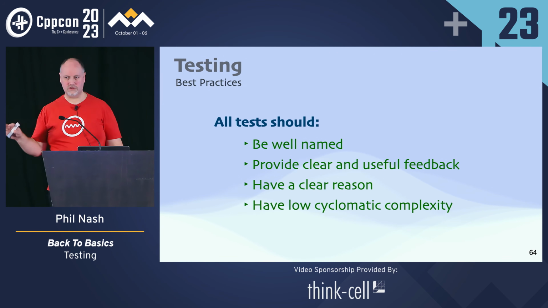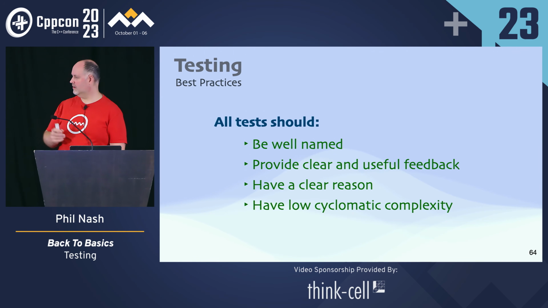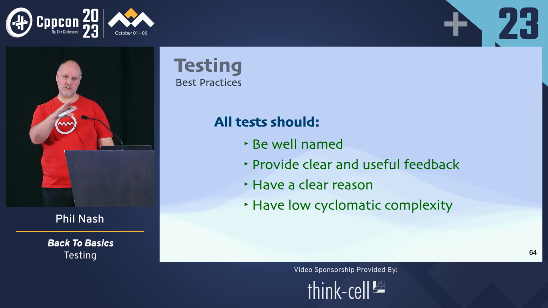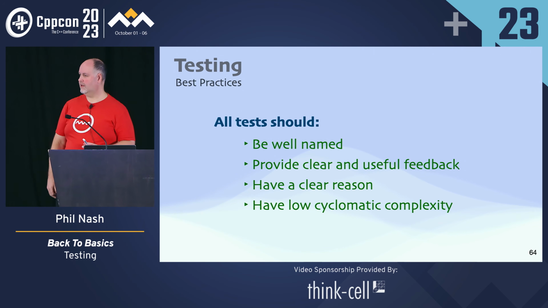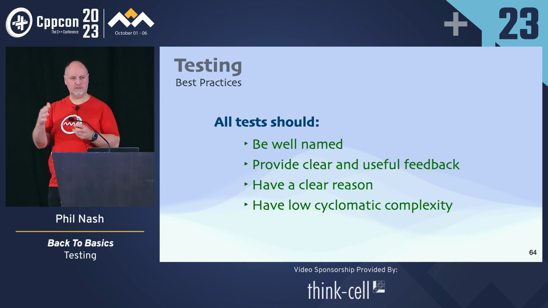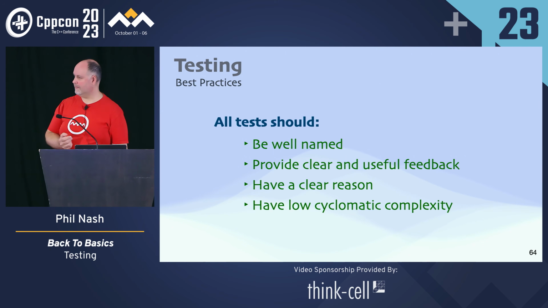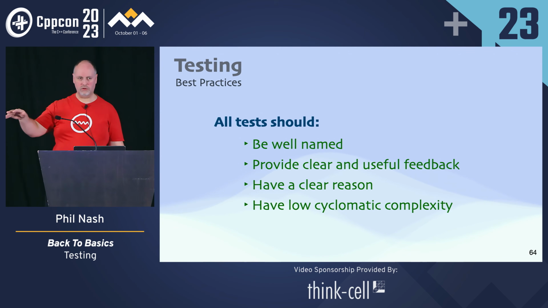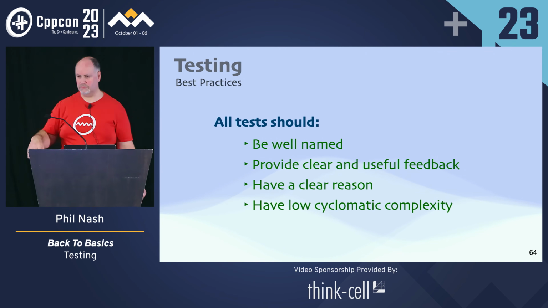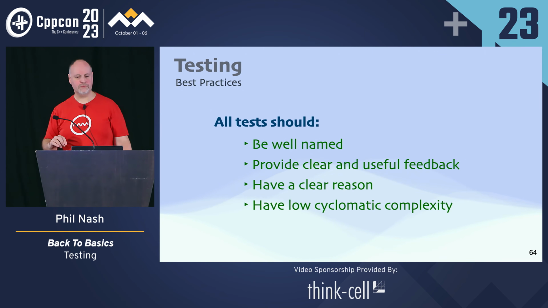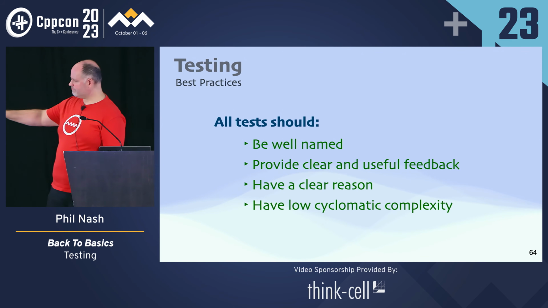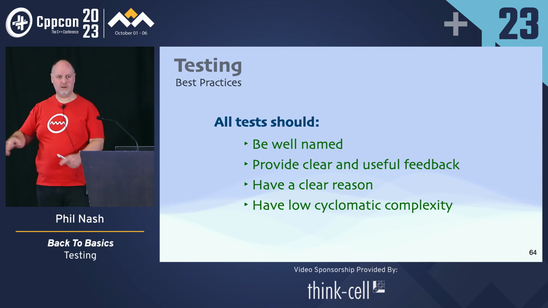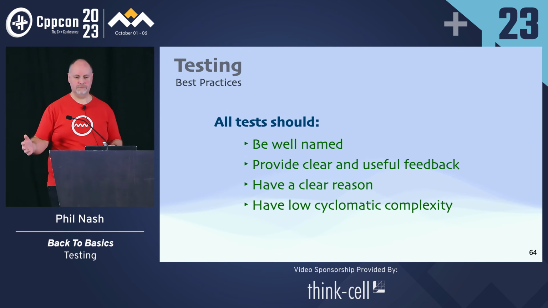Next one is a bigger topic that I'm just going to scratch the surface on again. But your test should have low cyclomatic complexity. This is related to a point I made on the previous slide about the test being sort of obvious and self-documenting. By cyclomatic complexity, really we're just talking about control flow: if, for, switch, those sort of things. In practice, this is actually true in general in your code. Don't have too much cyclomatic complexity.